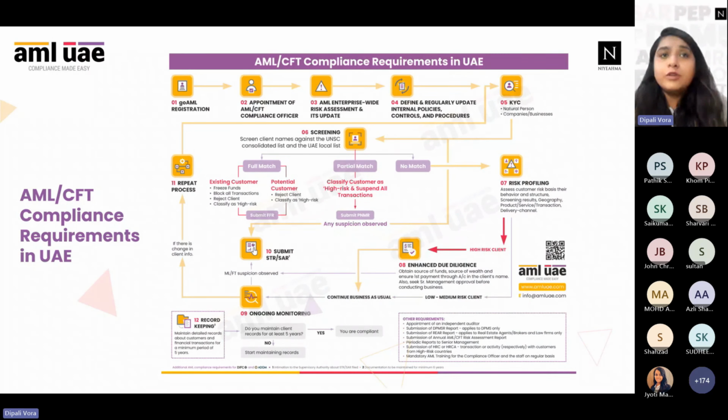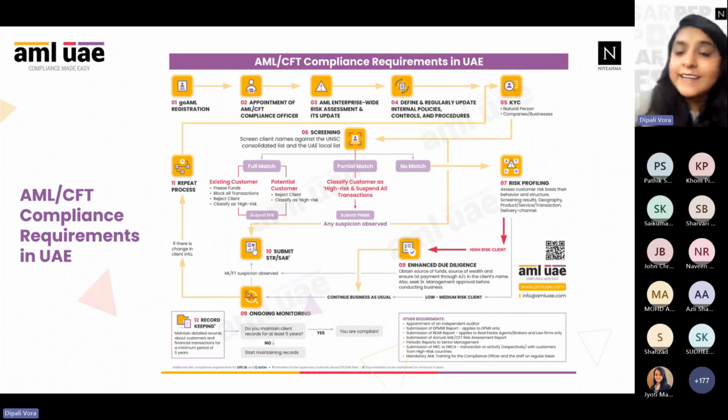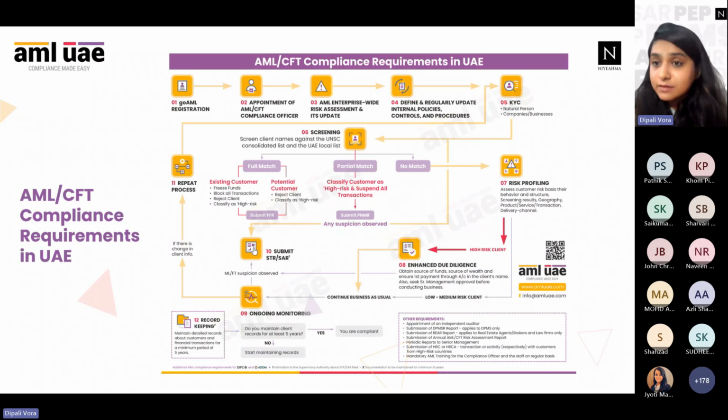Once you have registered with the FIU, the next step is conducting an enterprise-wide risk assessment, also known as firm-wide risk assessment, also known as business risk assessment. These terms are used interchangeably. The essence of enterprise-wide risk assessment is the risk-based approach. What we are required to do at this stage, point number 3, is understand our own organization and calculate the risk that our organization is facing or is going to face. For newly incorporated companies, at point number 3 we will understand what kind of customers we are dealing with and what is the risk coming from those customers.